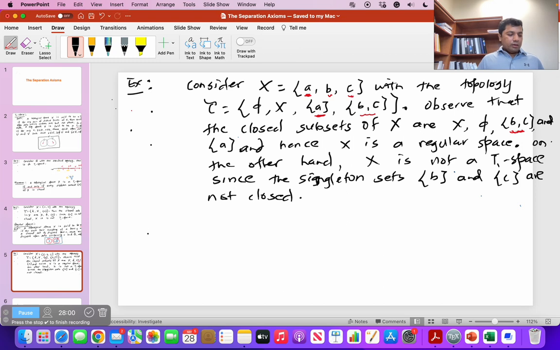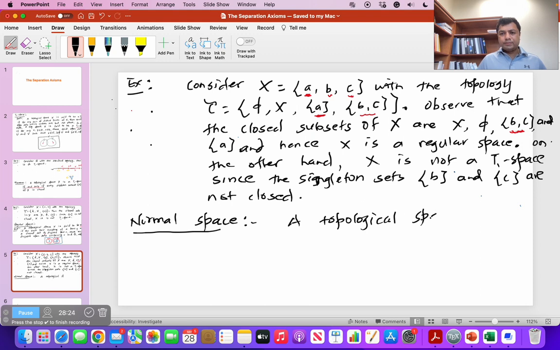Okay, next I'm going to give you a definition of normal space and an example of a normal space, then we are done with this lecture. So here is a formal definition of a normal space. A topological space X is said to be normal if for each pair A, B of